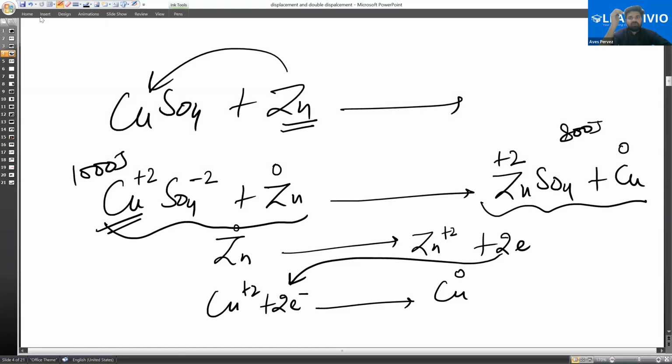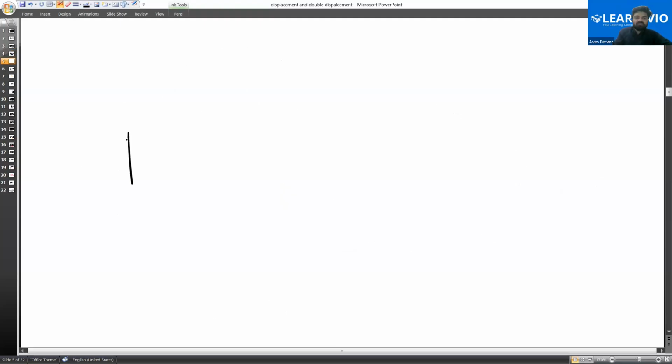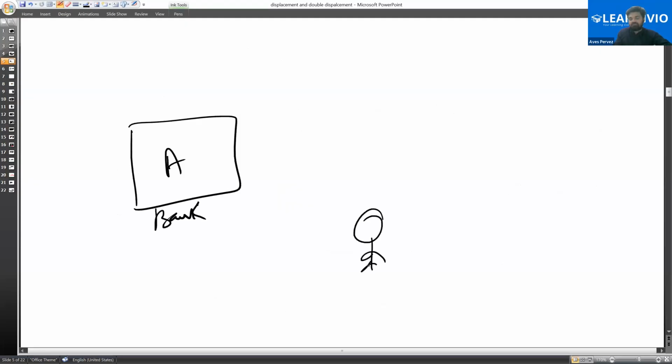So everything in the universe wants to come from a higher energy level to a lower energy level. So it is coming. And how can I prove this? Just suppose this is bank A. And this is a person who takes a loan from it of 1 lakh rupees, with an interest of 10% per annum. Just imagine what is happening here. A person borrowed a loan of 1 lakh rupees at a rate of 10% per annum